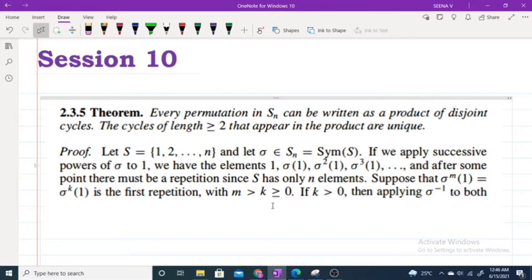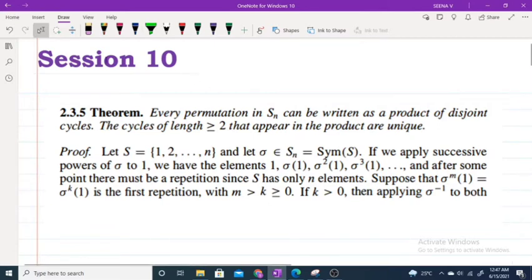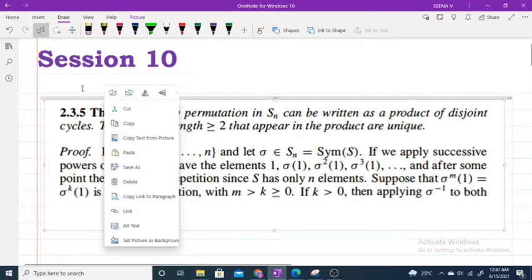In this section, we are discussing one theorem. As this theorem is very important, in today's class, we are discussing only this theorem. Okay. Now, just to look at this theorem, already we have some examples.